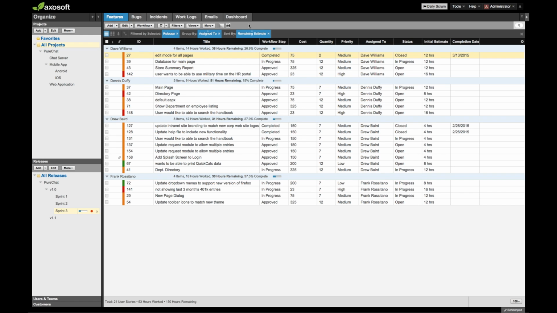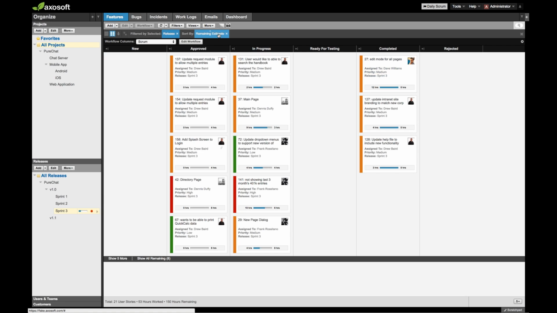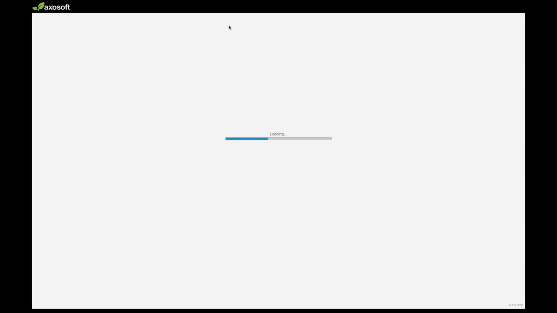And the cool thing about that is that we can do this right from the list view, as well as the card view. So if you work in the card view as well, let me just go ahead and nix the grouping. All right. So if you actually work in the card view, you can just go ahead and print this out